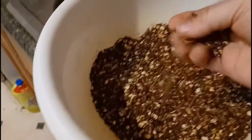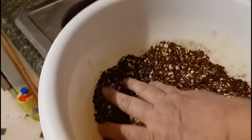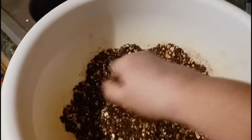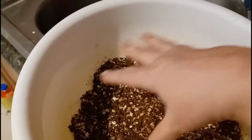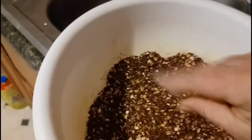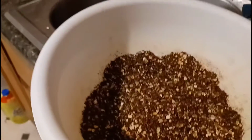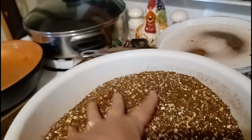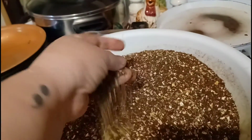So they'll be ready to use on my plants for nutrients to start feeding them here very soon. And this is my own way of creating a dried compost, since I don't have the way to do it any other way. I'll show you what it looks like when I finally got everything done and mixed together. And there we go. Finely ground, dry, nutrient, plant food,